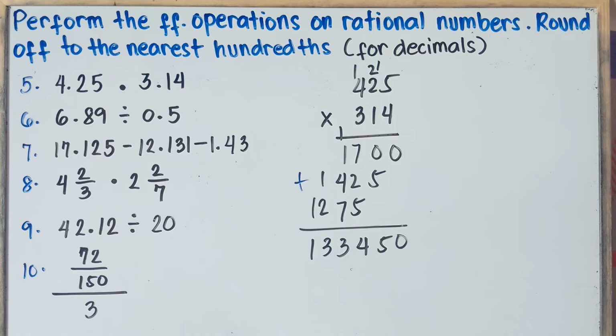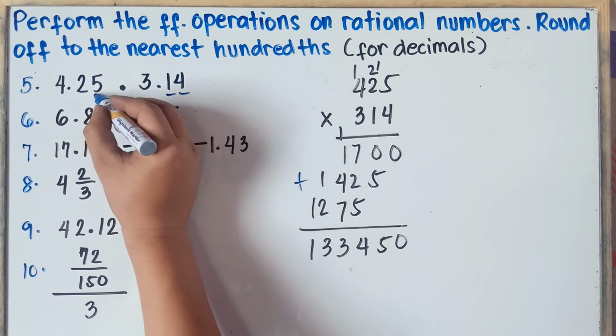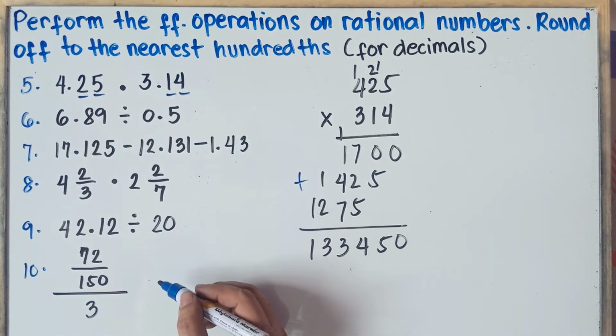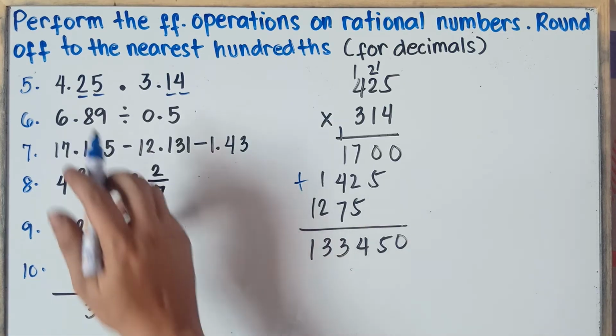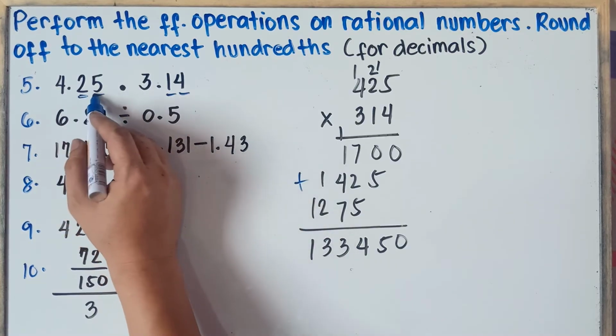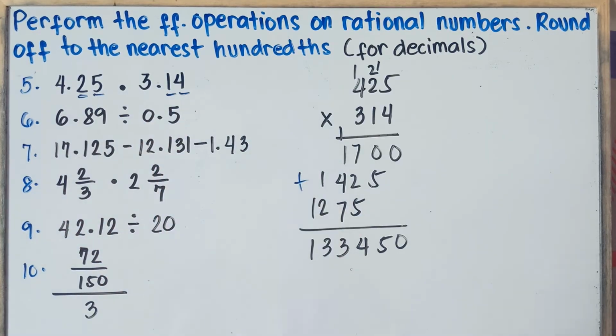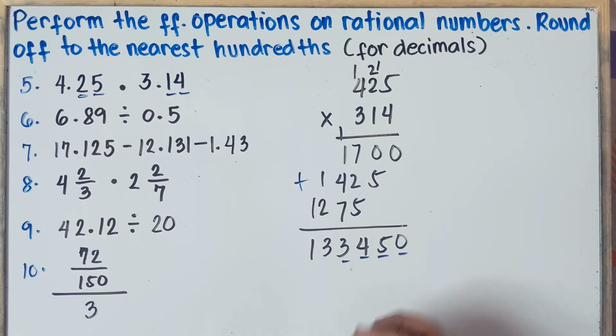And then simply count the decimal places in our given, class. We have 1, 2, 3, then 4. Once again, count the number of decimal places, or count the numbers to the right of the decimal. How many numbers, class, to the right of the decimal? 1, 2, 3, 4. Therefore, we need to have 4 numbers to the right of the decimal point. So 1, 2, 3, 4, and this will be the decimal point.